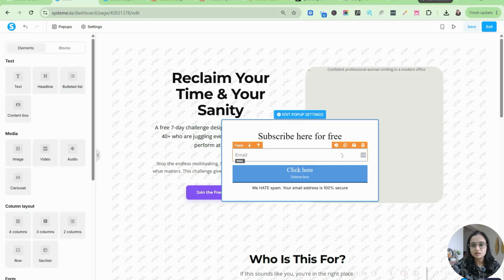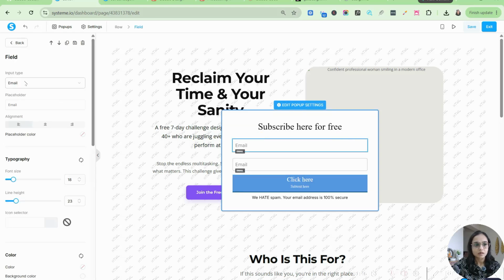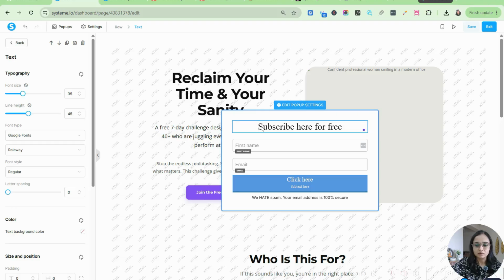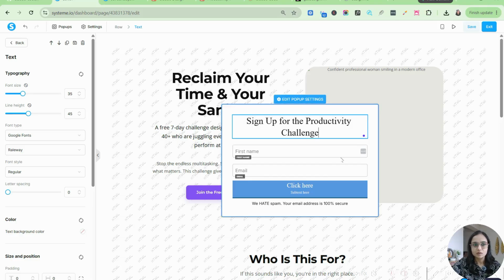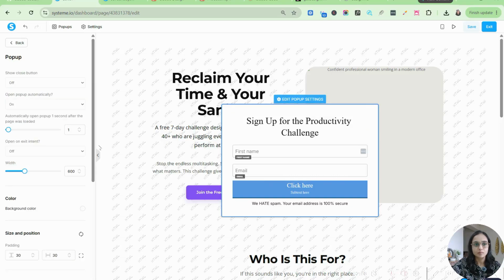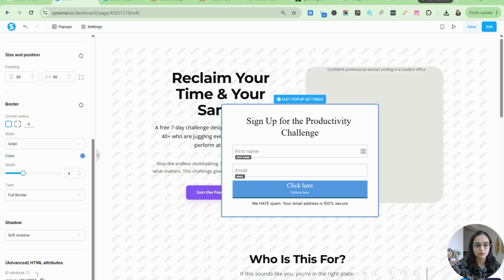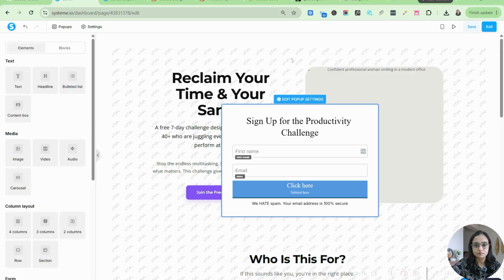Okay, I'll duplicate this, and for the first I'll select first name and sign up for the productivity challenge. You can design it according to your brand over here, and now we will just link this pop-up. We will tell Claude to link this pop-up with all the buttons. We will save it, and